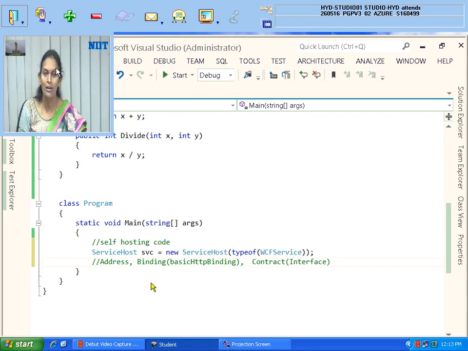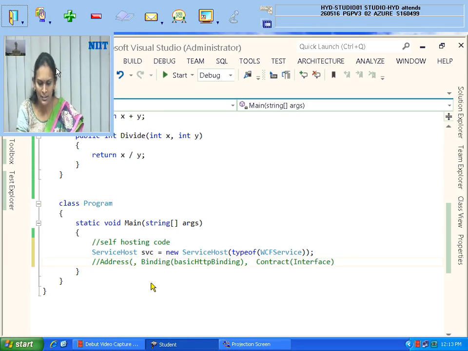Address means where should I host, it is your wish. URL creation. Where should I host it? With what URL can others access my service? I am the one hosting, so I need to tell what URL I want to use in order to host it. So let me give it like this: